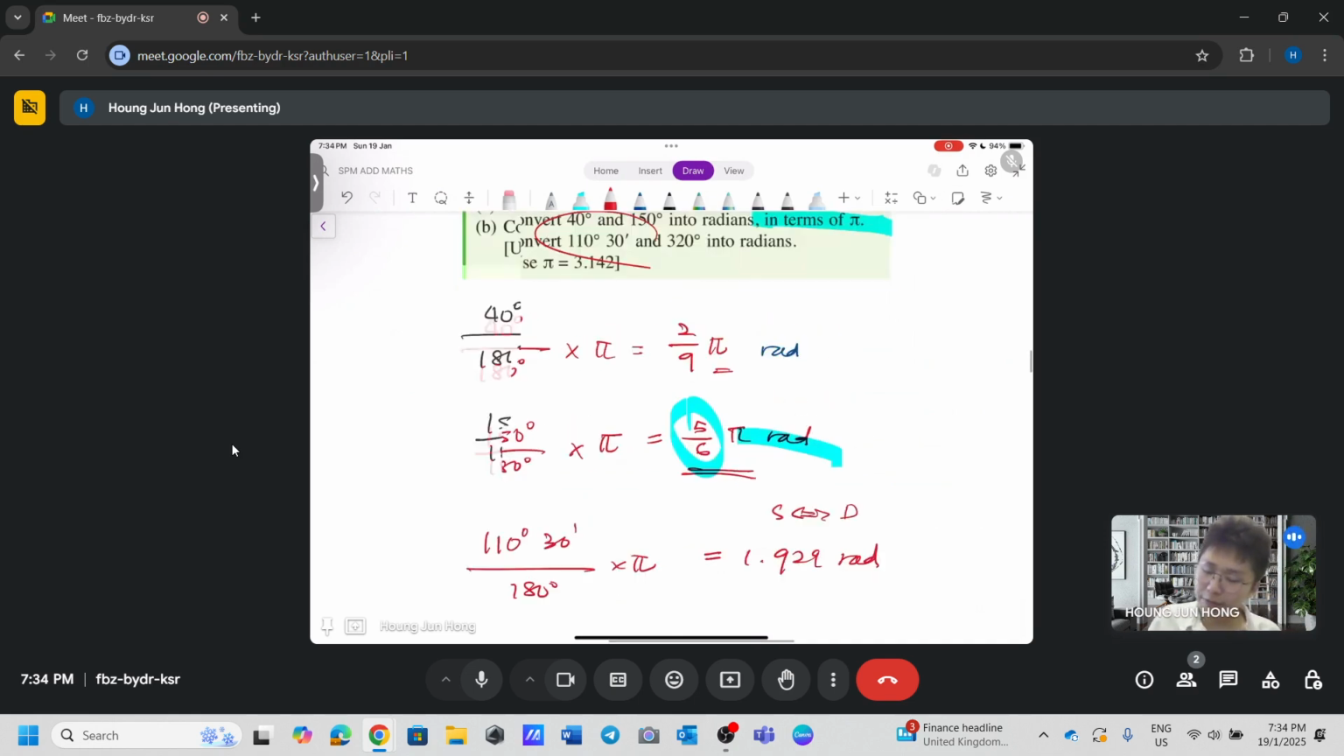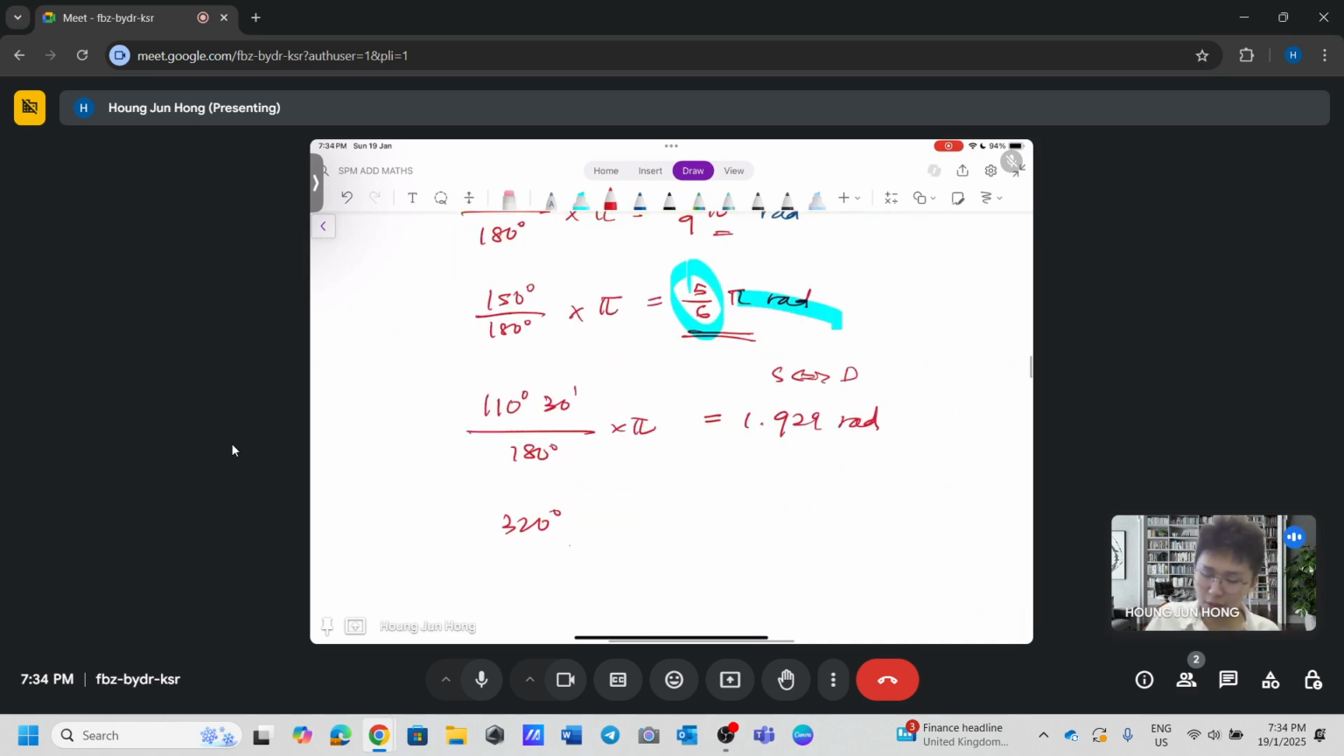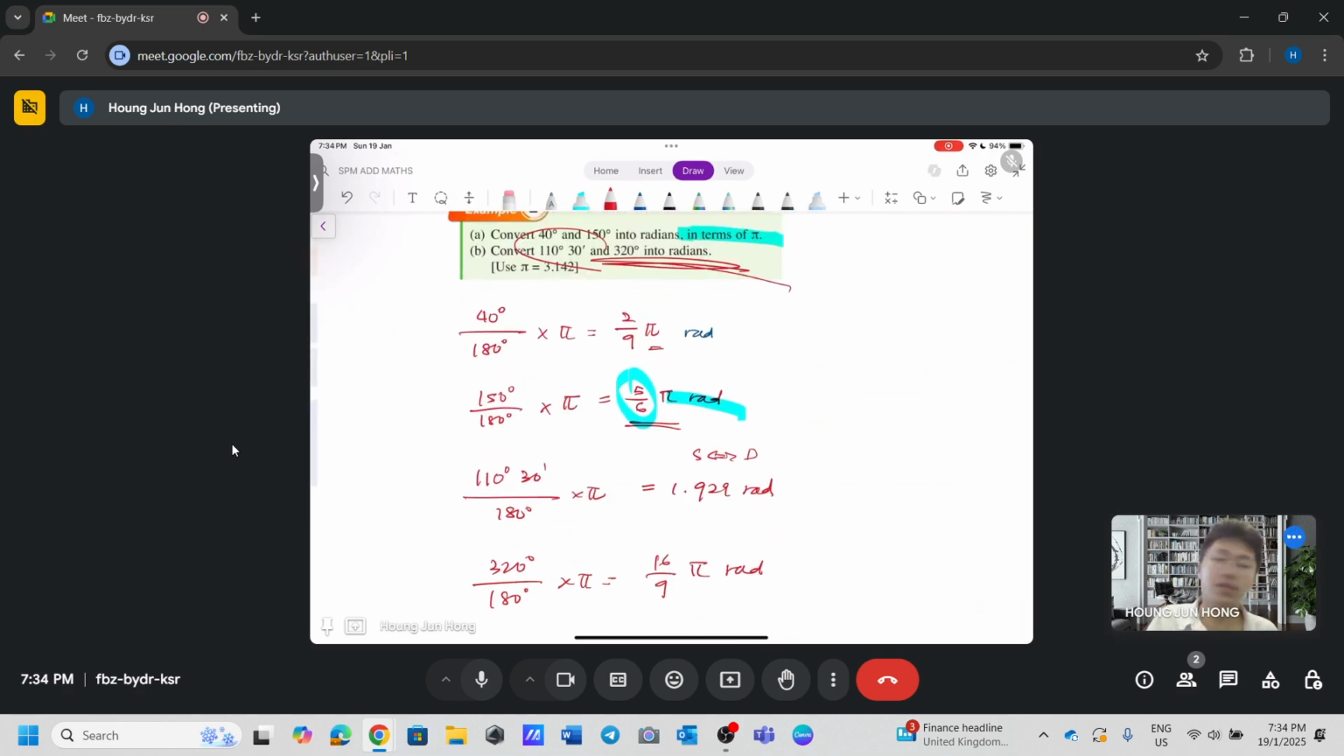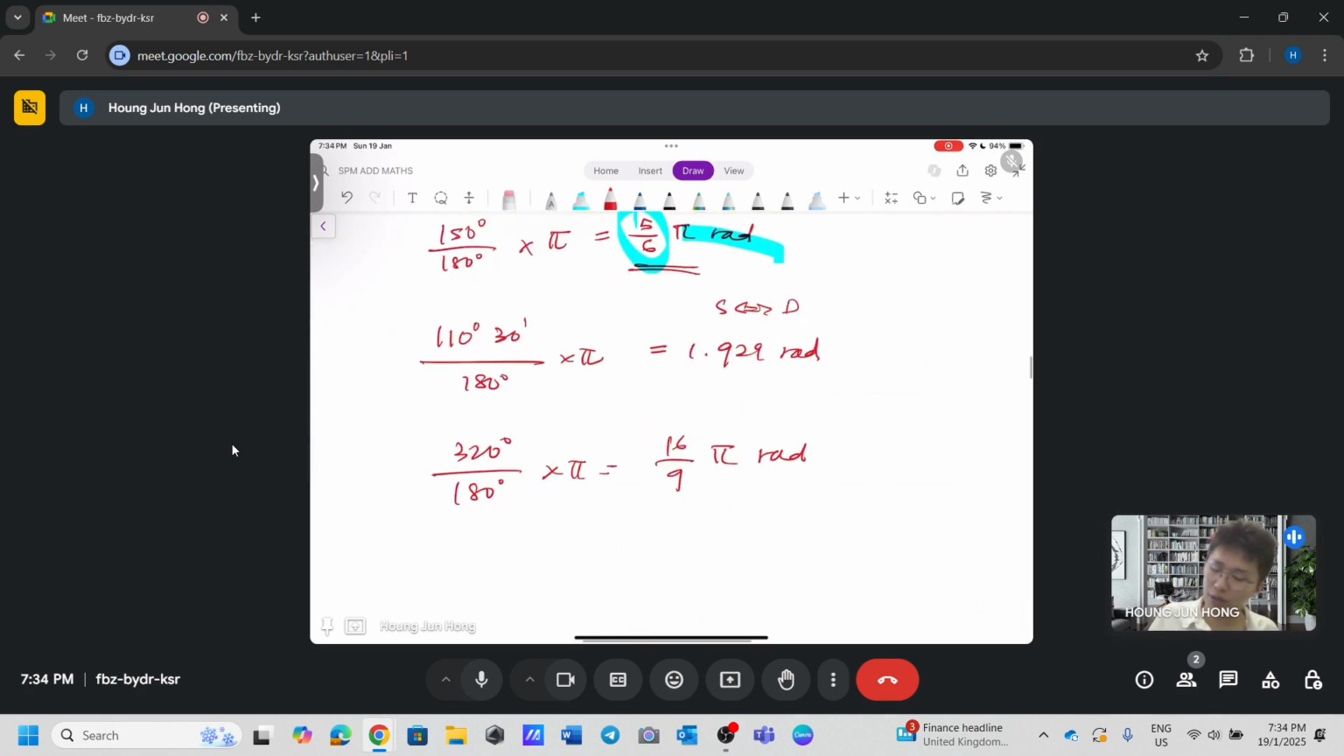Last one, we have, again, typically 320 divide by degree, multiply by pi. 320 divided by 180, 16/9 pi radian. But I think it didn't specify to put it in terms of pi, right? So if you want, you can convert this straight away into a decimal, multiplied by, again, the given value of 3.142. So 3.142, you get